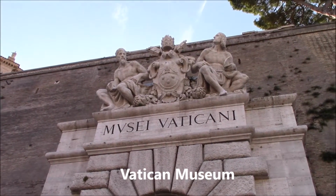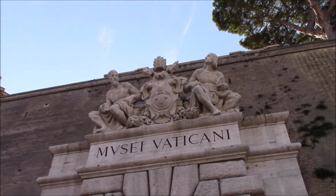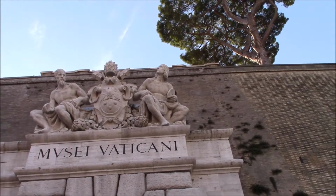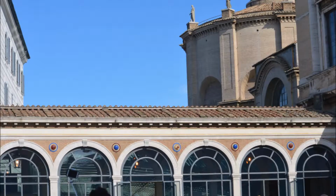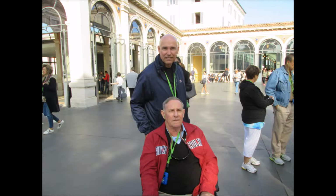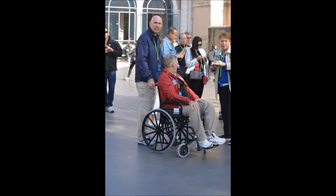Today is Thursday, October 22nd. We are at the Vatican Museum. This was the beginning of our tour of the Vatican, and this is a picture of the Vatican Museum. We were standing outside and we got a little briefing from our tour guide as we were sitting there waiting